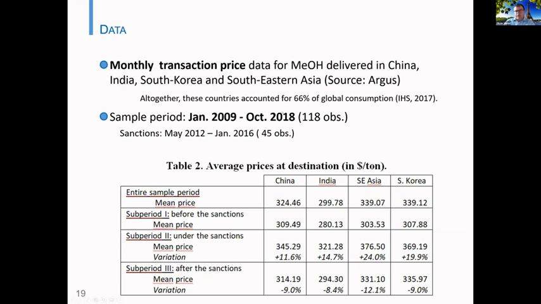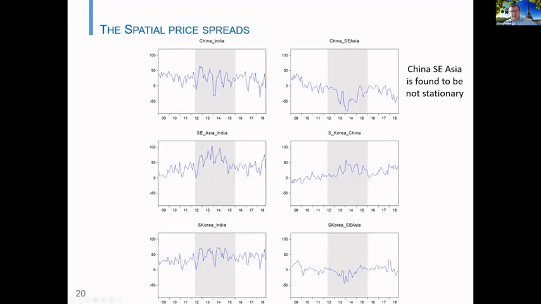We take the prices in Asia because we want to observe the impact on non-sanctioning markets. So basically, the Asian markets represent the bulk of the largest market for methanol, which is in the Asia-Pacific region for sure. So we observe the markets in India, South Korea, and China. And we also have a price for the Southeastern Asia countries, which is reported by Argus and corresponds to the aggregate of Singapore, Malaysia, and Indonesia. Sadly, it's not disaggregated at the country level, so we have to use this aggregate information. So when we compute the price spread and look at